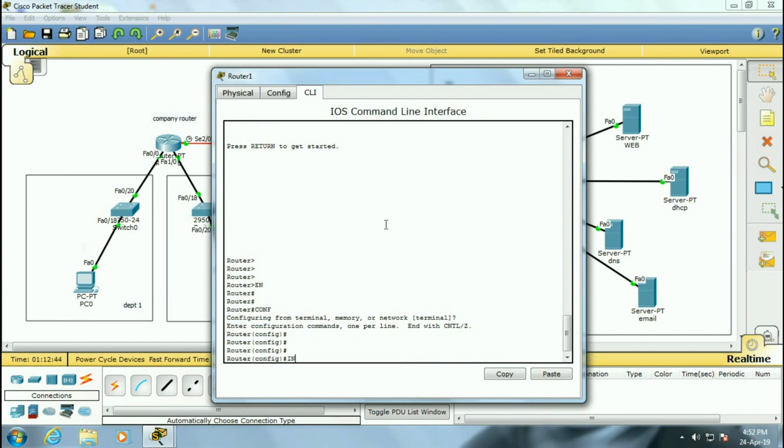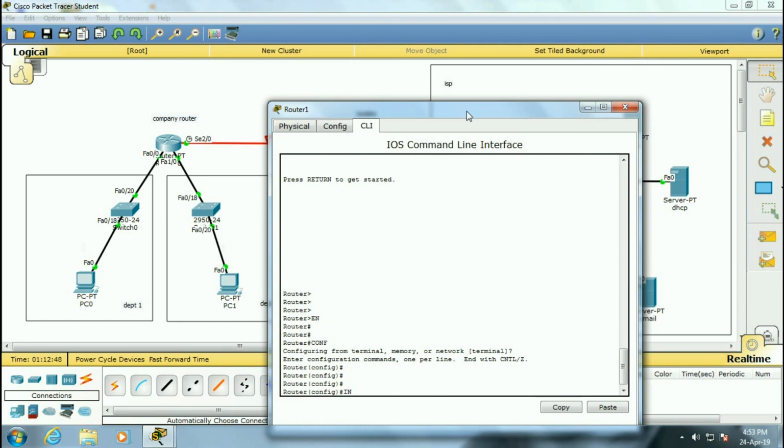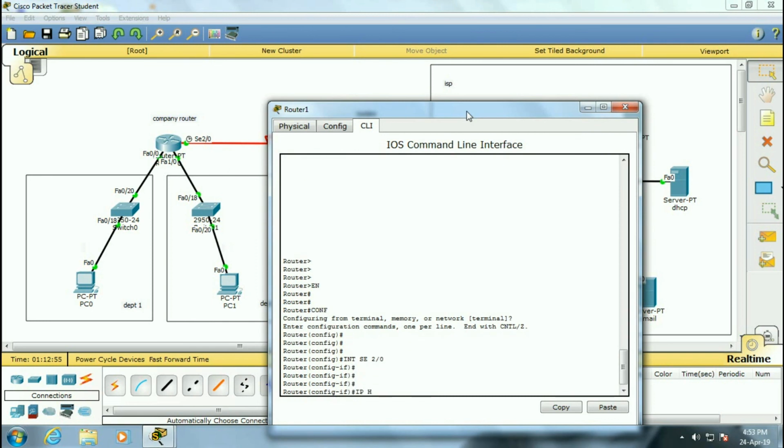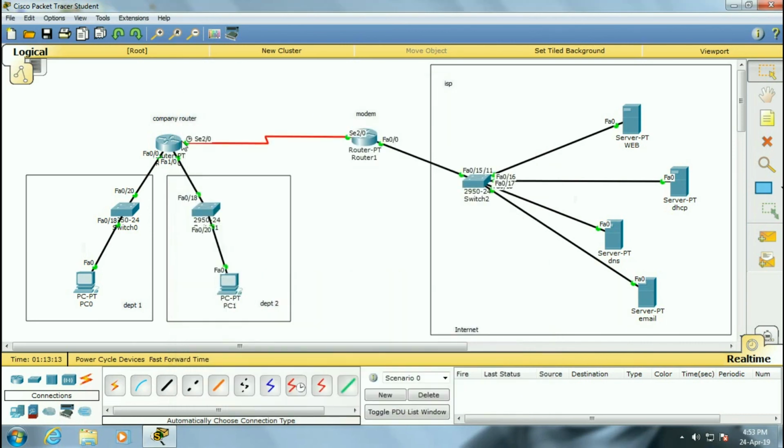From there we take the serial port, serial 2/0, and we enter this command: ip helper-address 192.168.40, the IP address of the DHCP server, which is 40.3. Enter, and that's it. This command we should type here also: